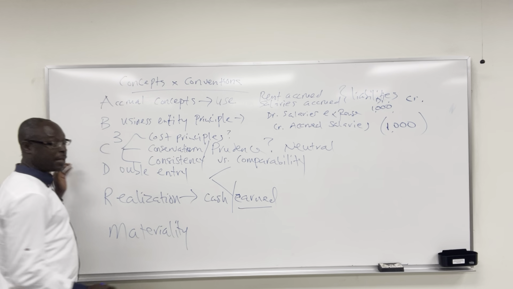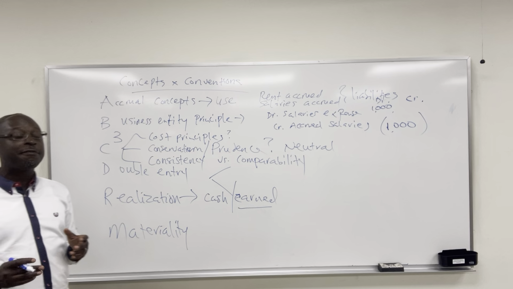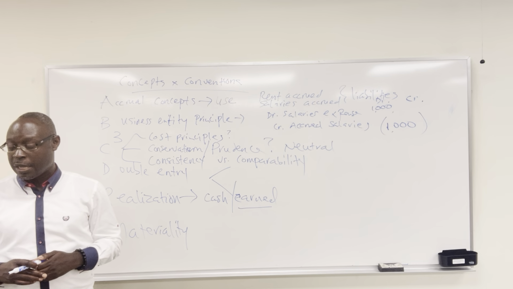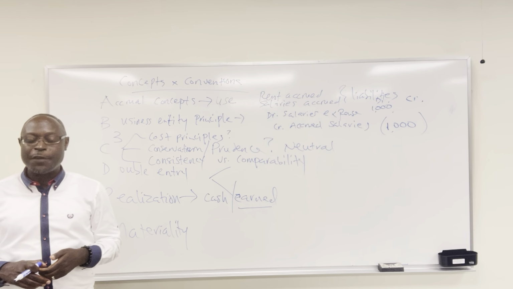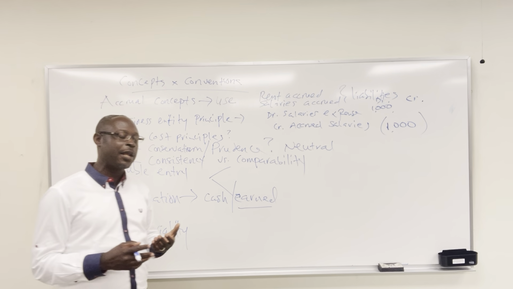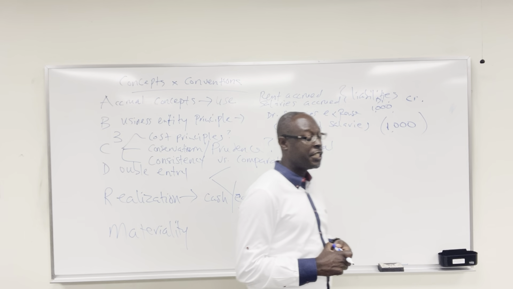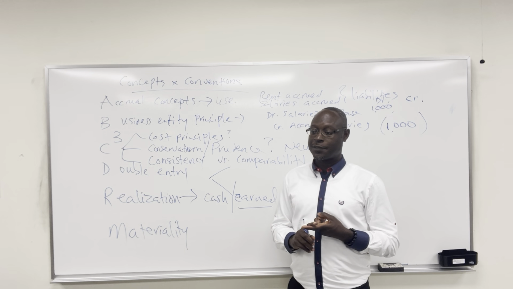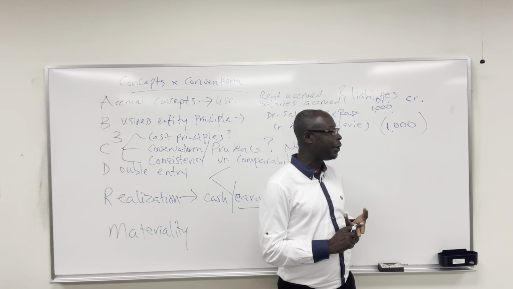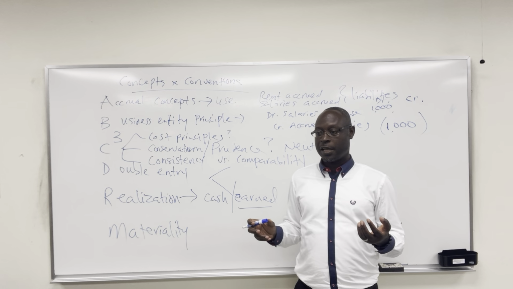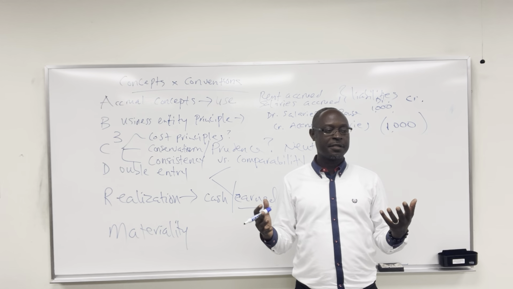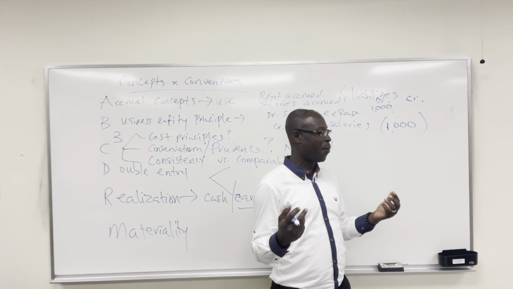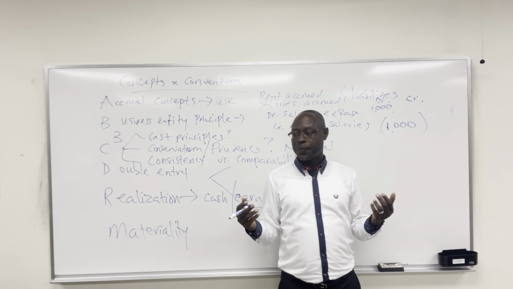Materiality. Materiality means, does it make a difference in the decision making? Information is material if it makes a difference. In finance and accounting, we will say that information that makes a difference tends to be related to future cash flows. It tends to be incremental. It tends to make a difference. If you have big numbers, they tend to be material. They tend to be important versus small numbers, right?